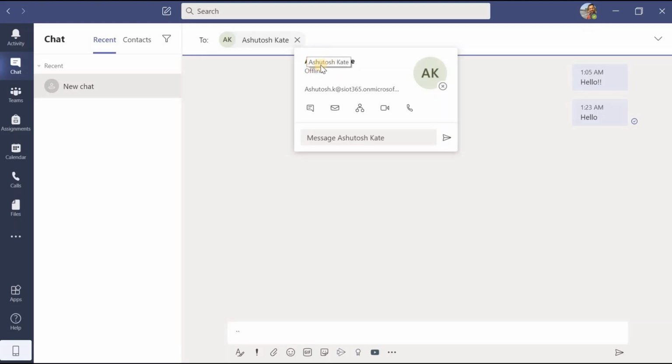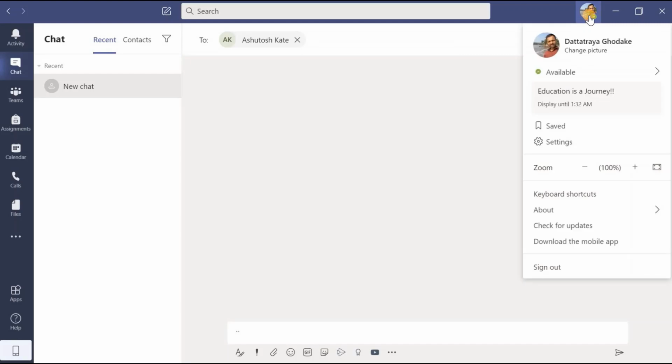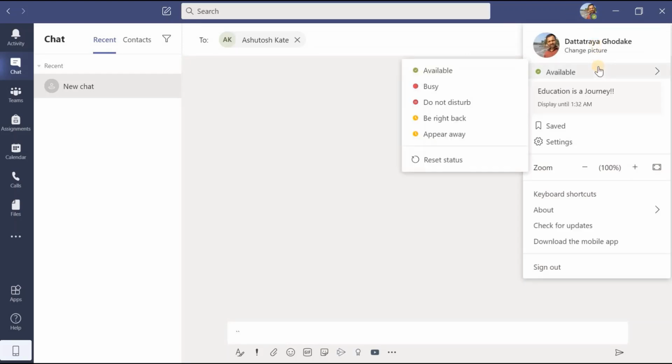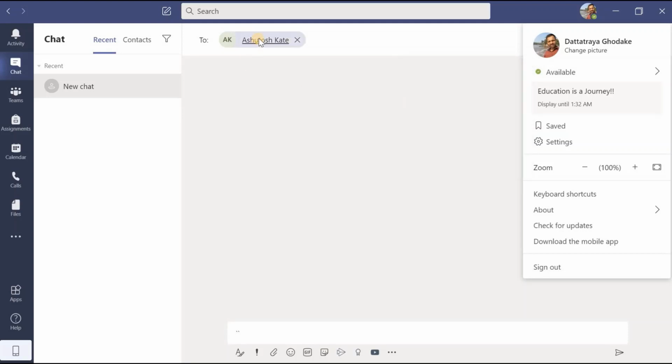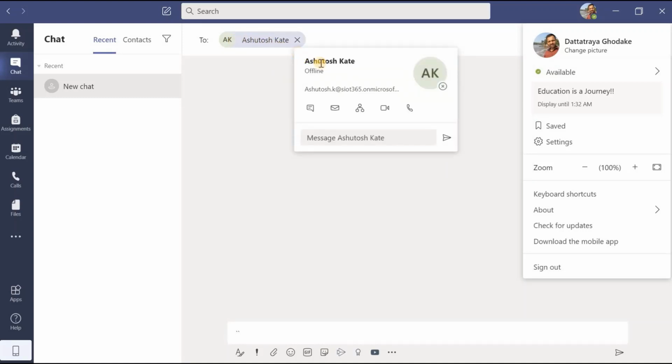It will show his name and whether he is available for chatting, or as it is shown here, offline. In the last video we learned how to set the status, or how we can make ourselves available, busy, do not disturb, be right back, and appear away. But here, instead of all these five options, I am finding one new option, that is nothing but offline.